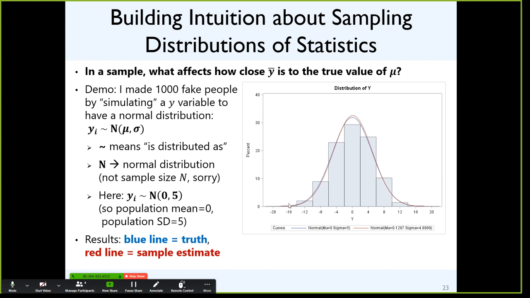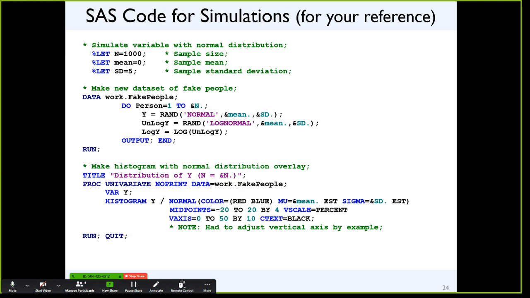And so what should have happened is covered by the blue line over this histogram here. And what actually happened is the red line. With 1,000 people, I pretty much got it back. 1,000 people, in this case, looks like it's enough to be able to say, yes, this sample is smack dab on the population. So what would impact then how close the mean for the sample is to the mean that I told it to be in my simulation, the truth? Well, let's look.